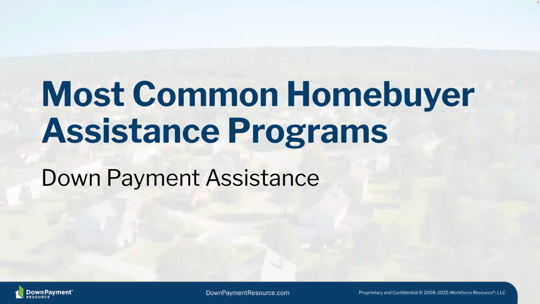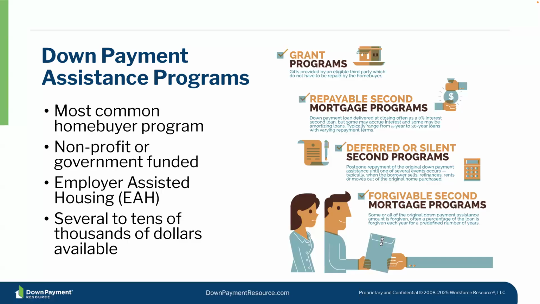So with that, let's begin reviewing down payment assistance programs. Down payment assistance programs are by far the most common type of homebuyer assistance in most cities. Every state has a housing finance agency, which is the housing division of their state government, and just about all of them have some form of a down payment assistance program, as well as local government and nonprofit program providers who offer DPAs. These programs are typically grants or silent seconds that offer down payment assistance of several thousand to tens of thousands of dollars to eligible buyers for down